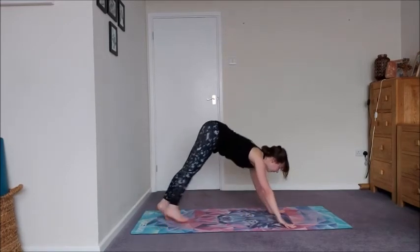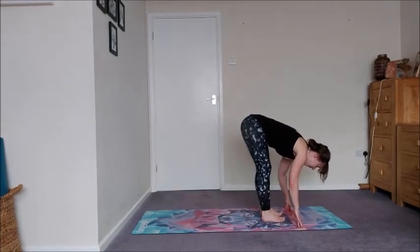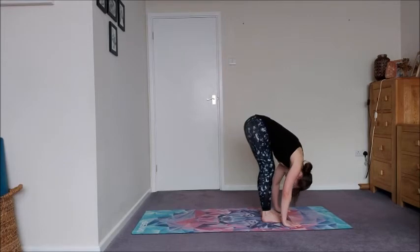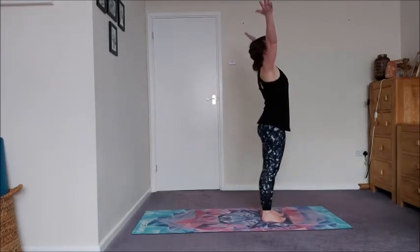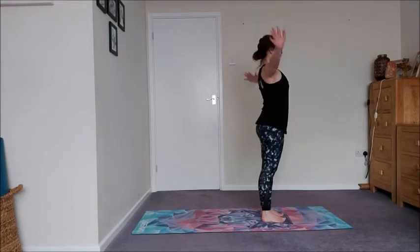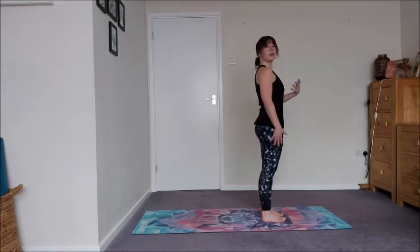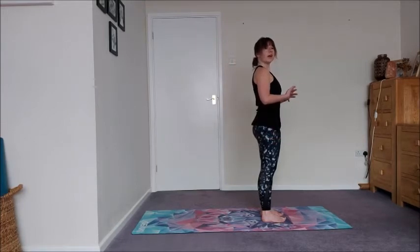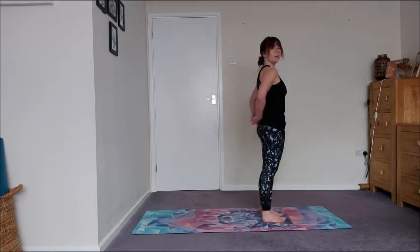And then inhale, take a little walk to the front of your mat. Exhale, fold. Inhale, root to rise. And exhale, press the air away. Okay, so we're going to do that again, but we're just going to take it a little bit quicker and add some different moves. So let's take the hands behind the back, interlace the fingers, pull the arm bones back